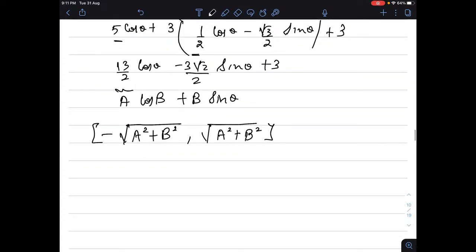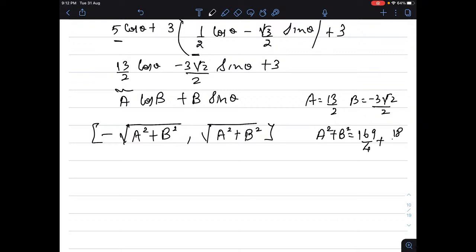And the maximum value will be square root of a square plus b square. So what is the a value we are knowing? 13 by 2. What is the b value we are knowing? Minus 3 root 2 by 2. So you would have to square the value of a and the value of b. And that will be becoming a square plus b square is 169 by 4